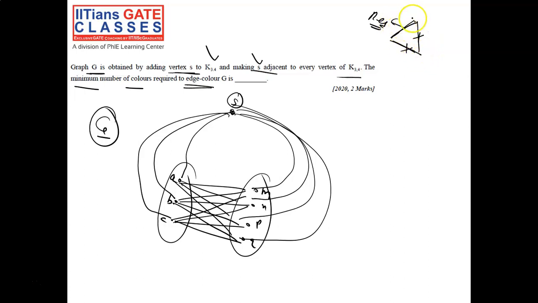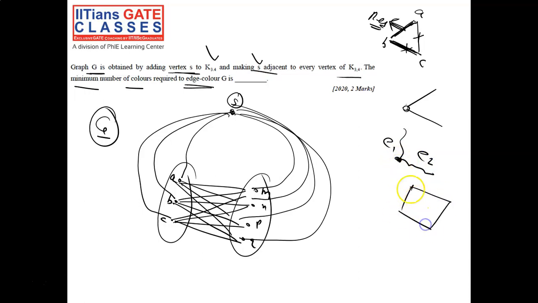Why? Because if you see, let's assume this is A, B, C. This edge is AB, so the endpoints of this edge are A comma B, and the endpoints of this edge are B comma C. So this edge is adjacent to this edge, because they are sharing a common endpoint. Whenever you have one edge and another edge sharing a common endpoint, these are called adjacent edges.